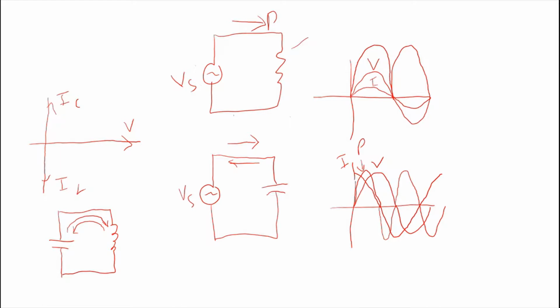These things always happen in our power system as well. The capacitive elements are used to generate the reactive power. We call this reactive power, which is not being consumed, just circulating in the circuit.